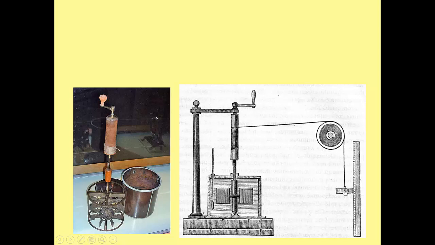Now, think about what happens here. When you release the mass, it falls because of gravity. It pulls on the rope, makes this turn, which makes the paddles turn, which churns up the water inside of the isolated container. Eventually, it's going to fall all the way to the ground, and once it falls to the ground, it'll stop pulling on the cord, the rotors will stop turning in the water, and the water will